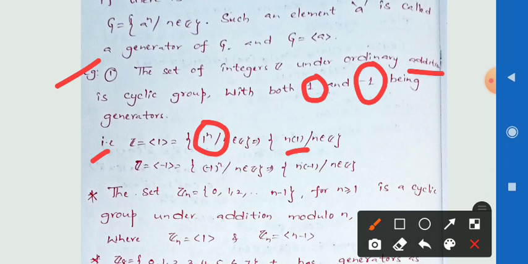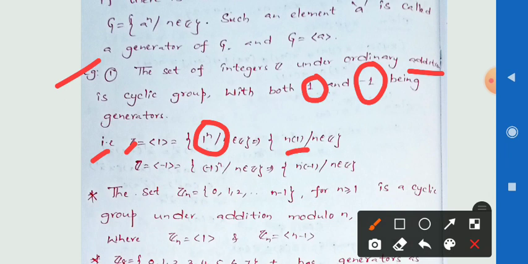Here n is any element in Z, and 1 is the fixed element. If n belongs to Z, if you take n equal to 0, we get 0. n equal to 1, we get 1. n equal to minus 1, and so on, by multiplying n into 1, if n takes 0, 2, 3, minus 4, minus 6, by multiplying with 1 we get the integer set. Therefore we can conclude that 1 is the generator. The 1 is generating the integer set. Therefore Z is a cyclic group.